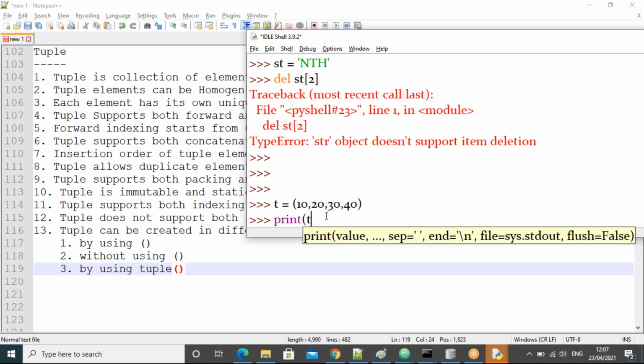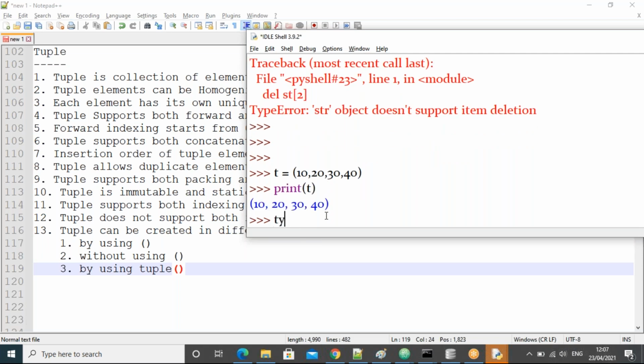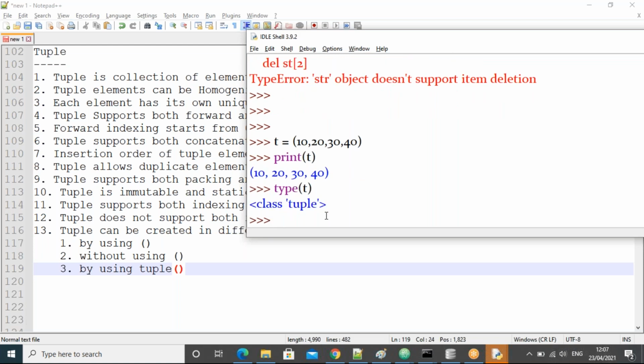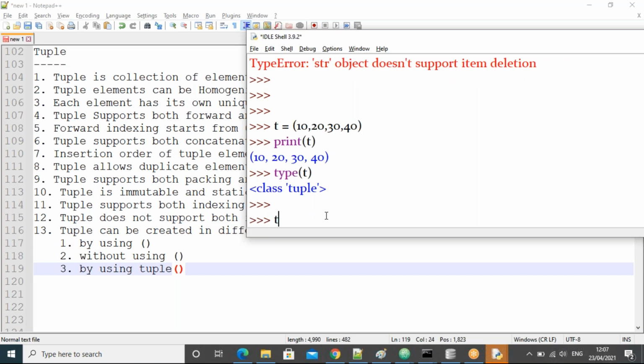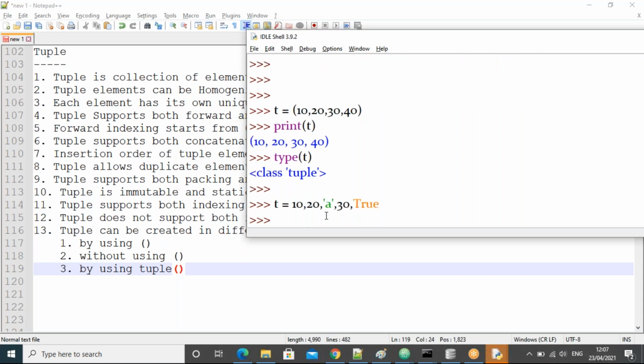Now what is the print of t? And check it now. Type of t also. A tuple type, guys. This is the way of creating a tuple with parentheses.